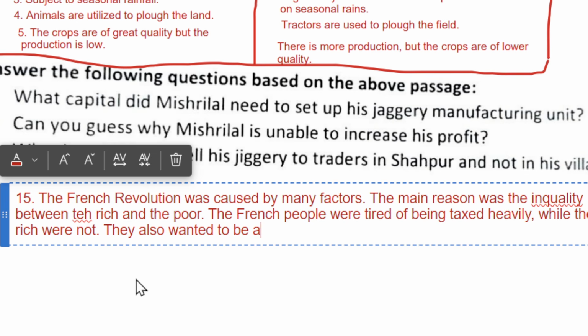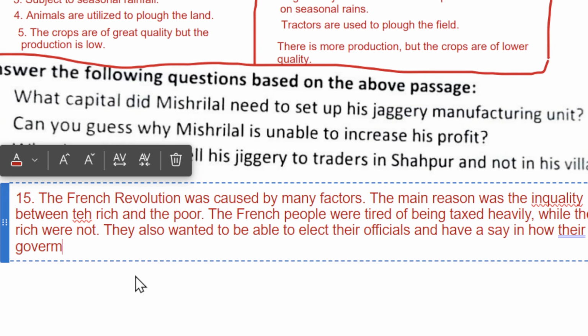wanted to be able to elect their officials and have a say in how their government was run. You can write additionally,